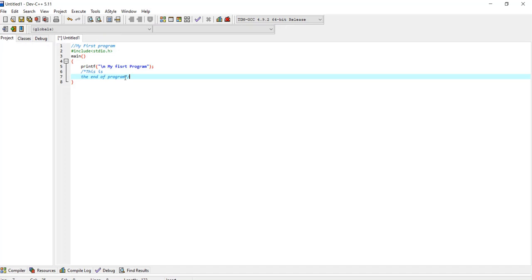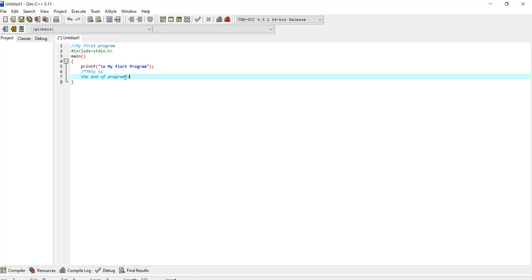What are comment entries? Comment entries are entries in the program that have nothing to do with the language. They are simple statements used for the benefit of the user. The programmer can write something for his own information, not for programming purposes, using comment entries.